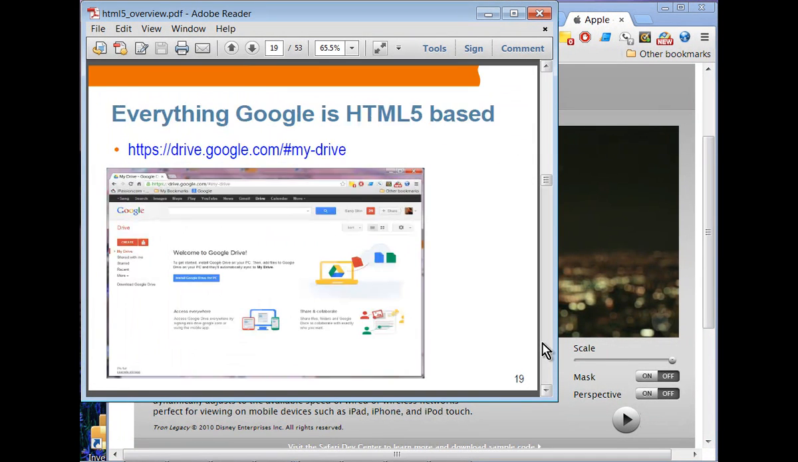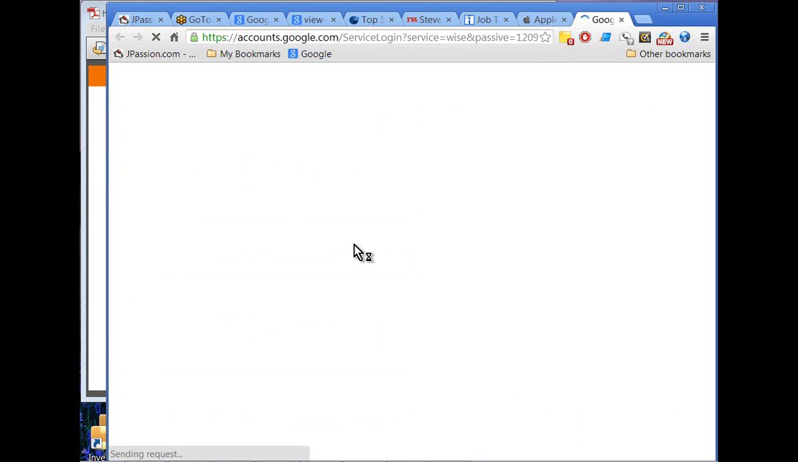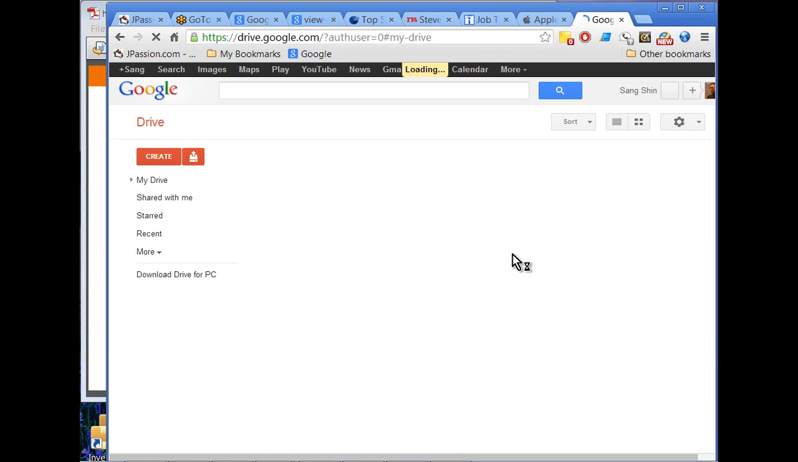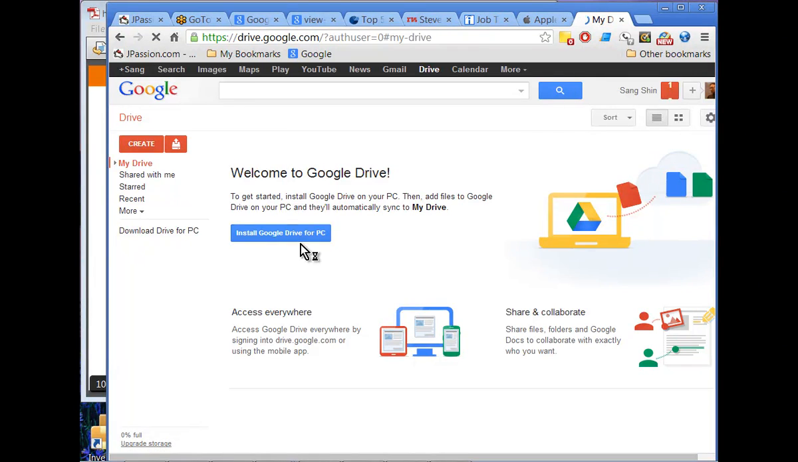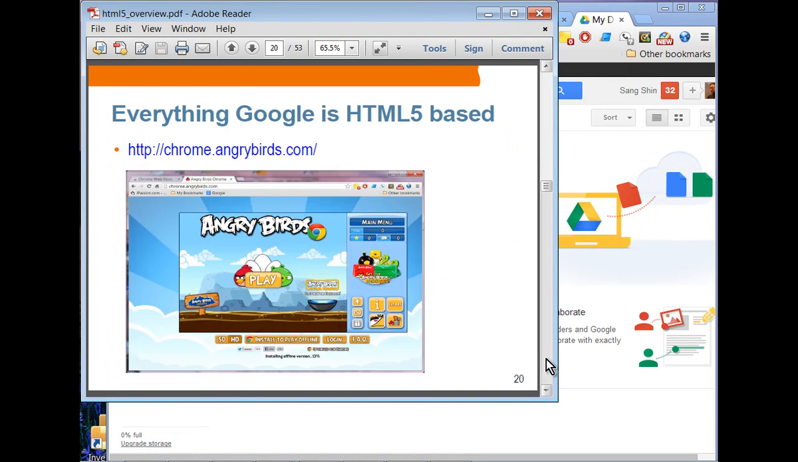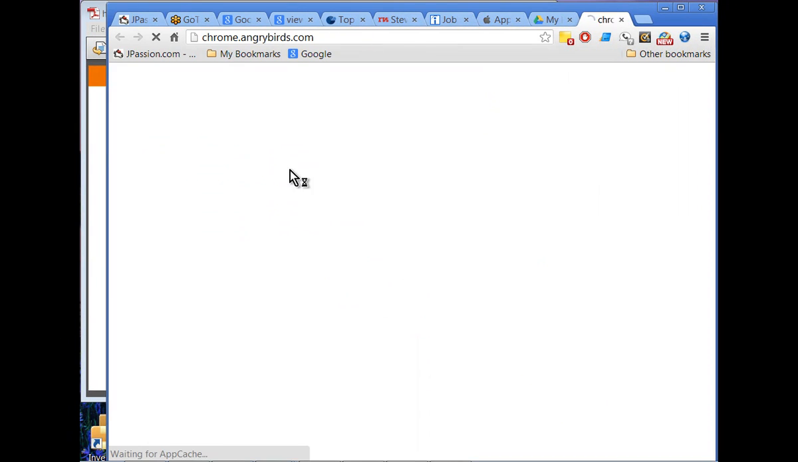Let's see. This is from Google. So everything Google does is HTML5. In fact, Google is the one that leads the HTML5 environment. Google Drive, everything is HTML5. One of the applications from Google is Angry Birds. So if you go to Angry Birds,